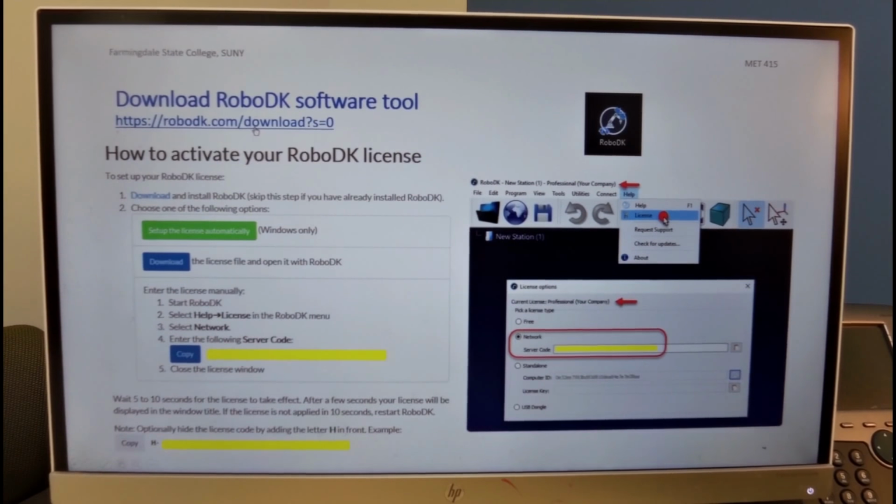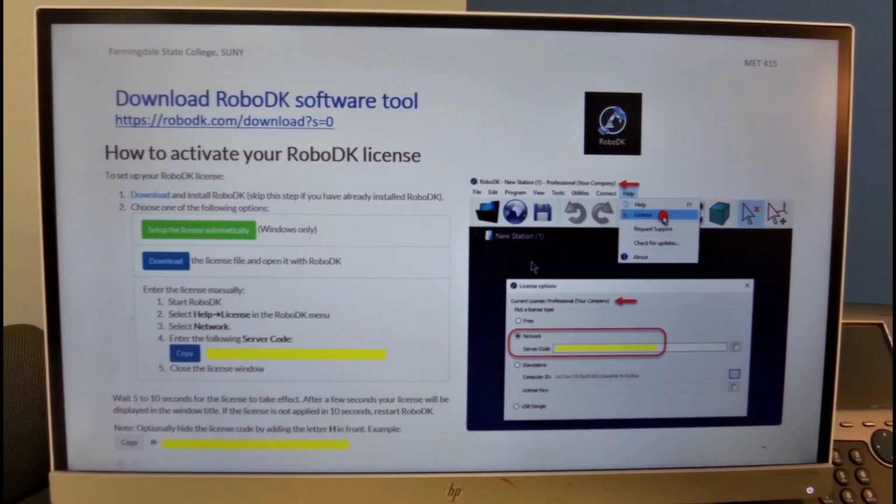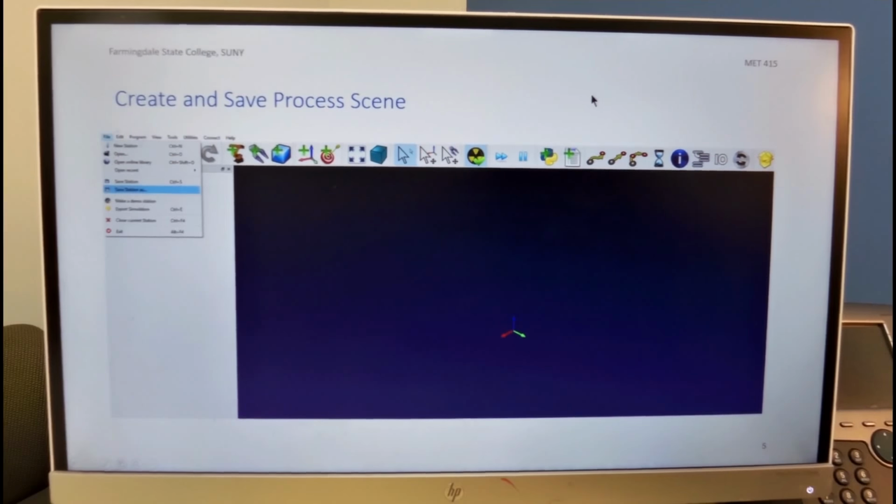To download the software, we click on this icon right here, and you bring it into your personal computer. To activate the license, you will need a server code, which you'll get separately. You'll feed it into this window for the network system, and then you'll wait a few minutes, 10 seconds, and get started. Once you upload it, you'll see an icon on your screen, and when you click on it, you come right into the main